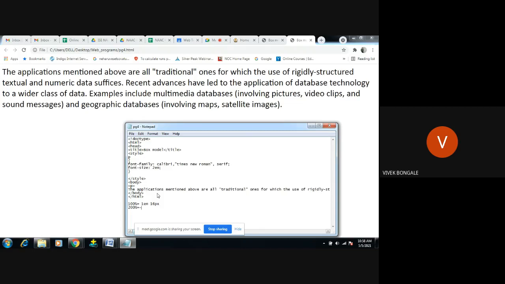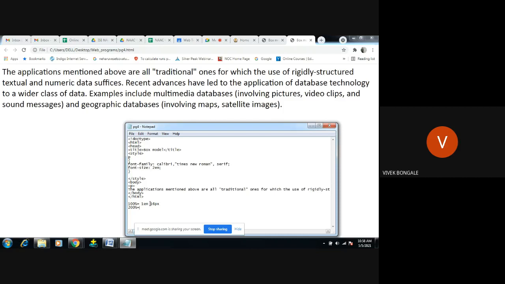Either you can give 100%, 200%, 1 em, 2 em, or 16 pixels, 32 pixels. All three will work in the font size. Okay, this is what font size and font family are. I hope it's clear, right? So 1 em equals 16 pixels, which is 100%.